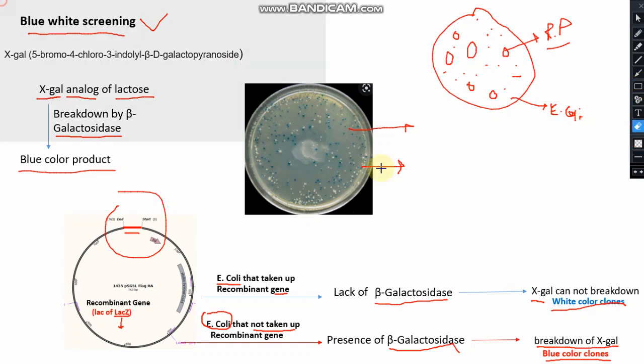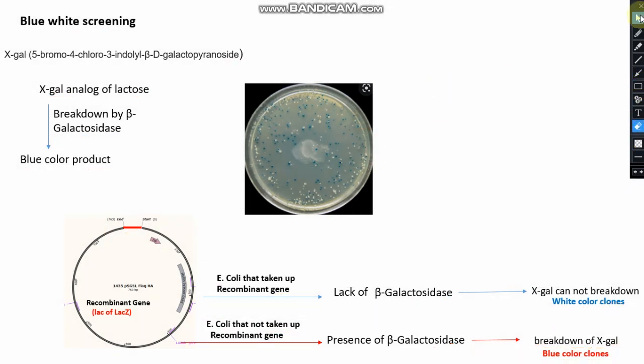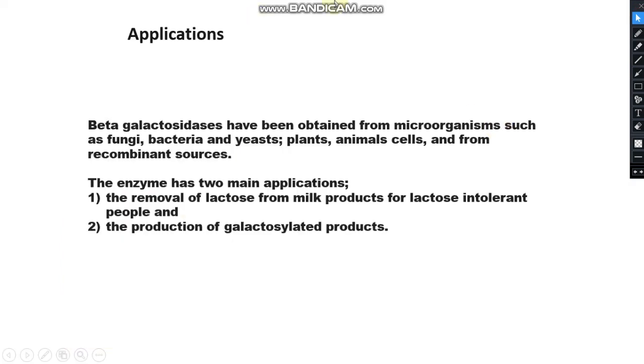So now I also want to mention some applications of this beta-galactosidase. Mainly the beta-galactosidase is hugely used in the food industry, and the main function is the removal of lactose from milk products for lactose intolerant people, the people who cannot tolerate lactose. That's how lactose is removed from the milk product by using the beta-galactosidase. And also the production